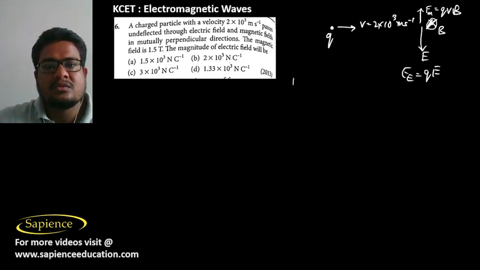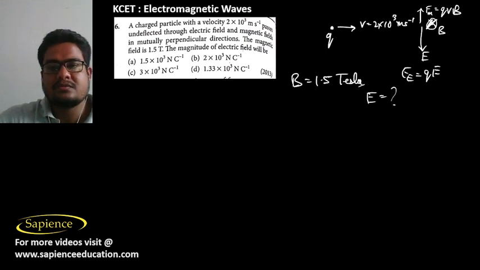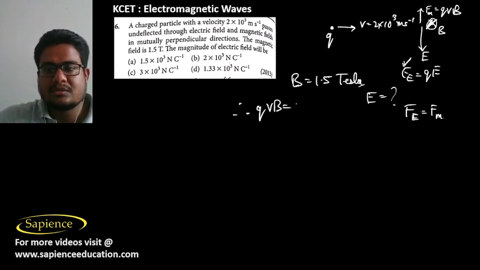Then it is told that the magnetic field is 1.5 Tesla. The magnitude of the electric field will be how much? So therefore, we can tell that since the charge is moving undeflected, the electric force should be equal and opposite to the magnetic force. So the electric force should be equal to the magnitude of the magnetic force, that is qVB, that is qE equal to qVB, so E by